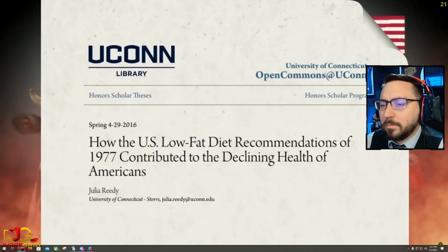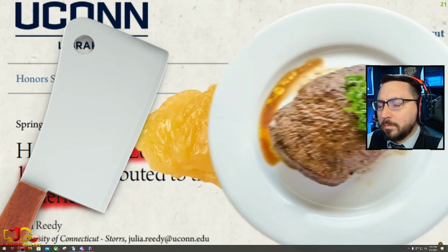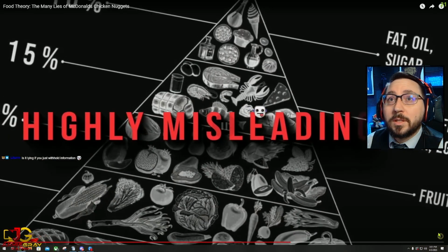The US published what's now considered a controversial nutrition guideline all about cutting fat out of everyone's diet and realigning to this old friend, the food pyramid. In recent years, it's been revealed that the food pyramid was actually...